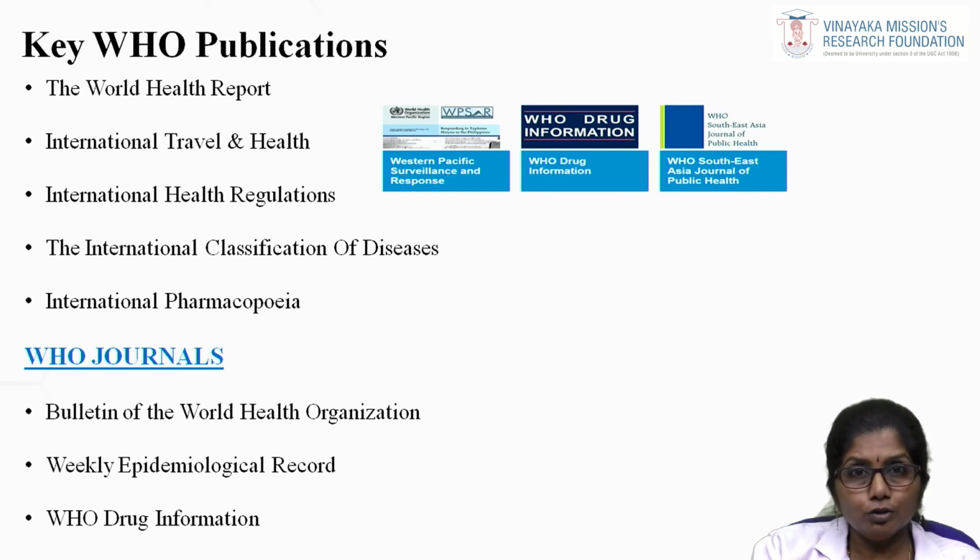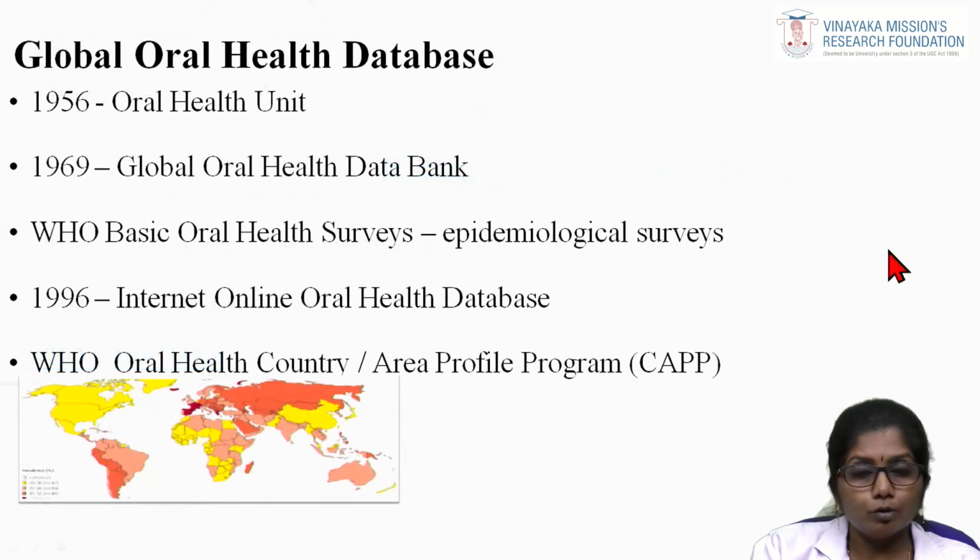Apart from this, in order to help students and researchers in the field of medicine, the Southeast Asia Regional Headquarters has got a well-equipped library, and it has connection to the PubMed and the National Library of Medicine databases. Let us see about the Global Oral Health Databases. The main function of oral health databases is gathering oral health information from regional or member states through surveys and comparing it with other countries with standard methodology.